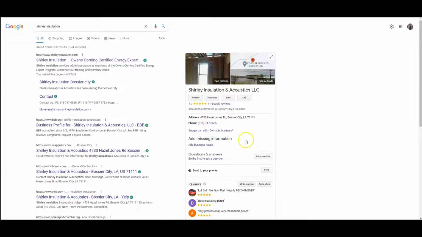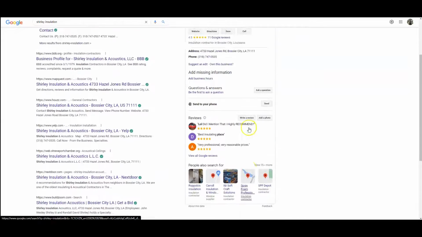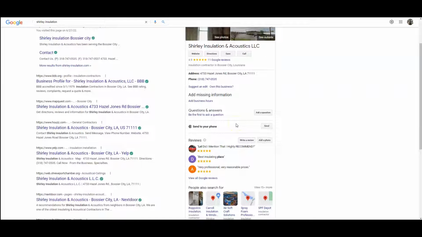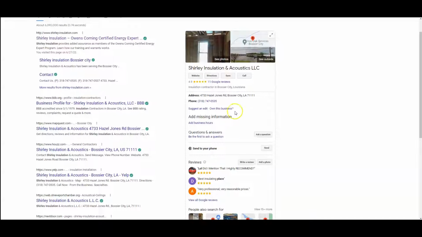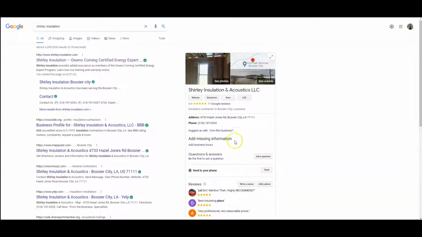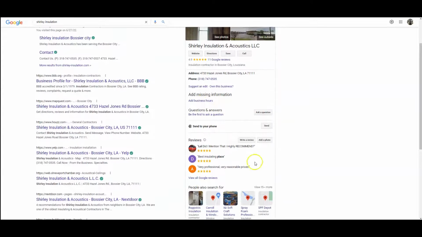And then we also want to make sure that we are posting to your GMB on a monthly basis. We can set up a campaign where 5 to 10 posts a month, or maybe even more, are going to your GMB. And Google's going to recognize that your GMB is active, and they're going to move your GMB to the top. We also want to make sure that there's content on here and more pictures, and we want those to be optimized as well with those buyer intent